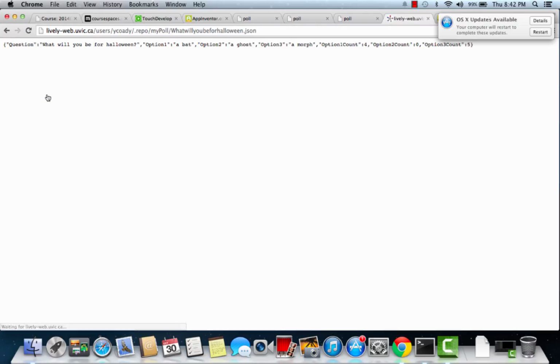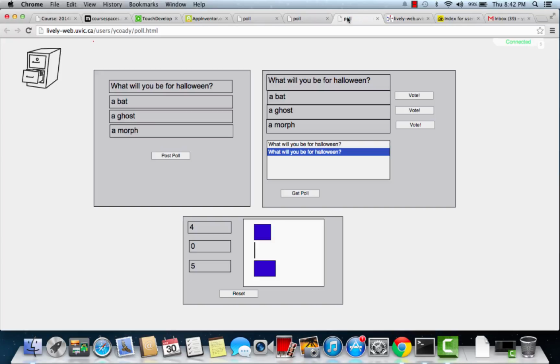And if I open up that file, and sorry, let me just get this out of the way. I should do an update there. I can see JSON here, our friend JSON. We've got the question, what will you be for Halloween, option 1, option 2, option 3, and the counts. And I only have one file associated with that poll. And if I were to create